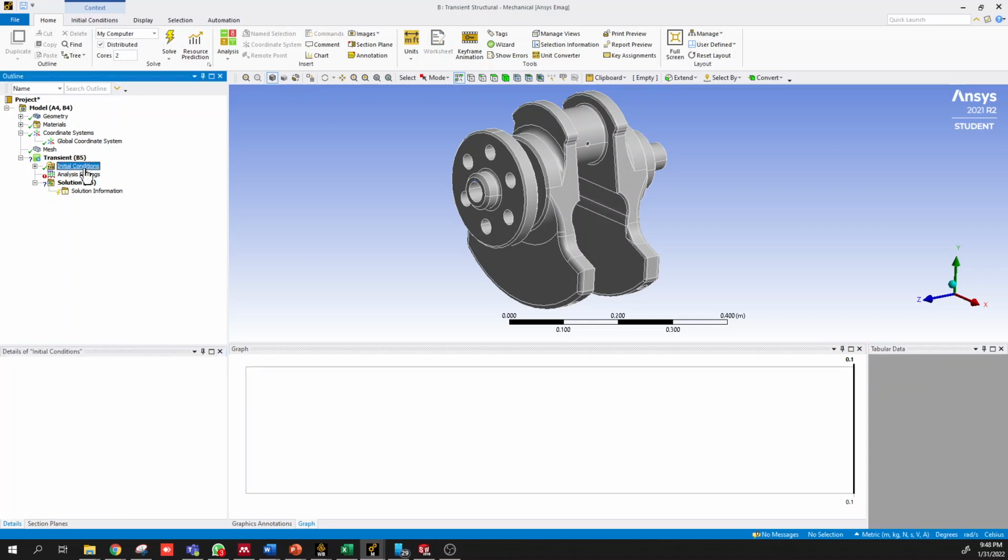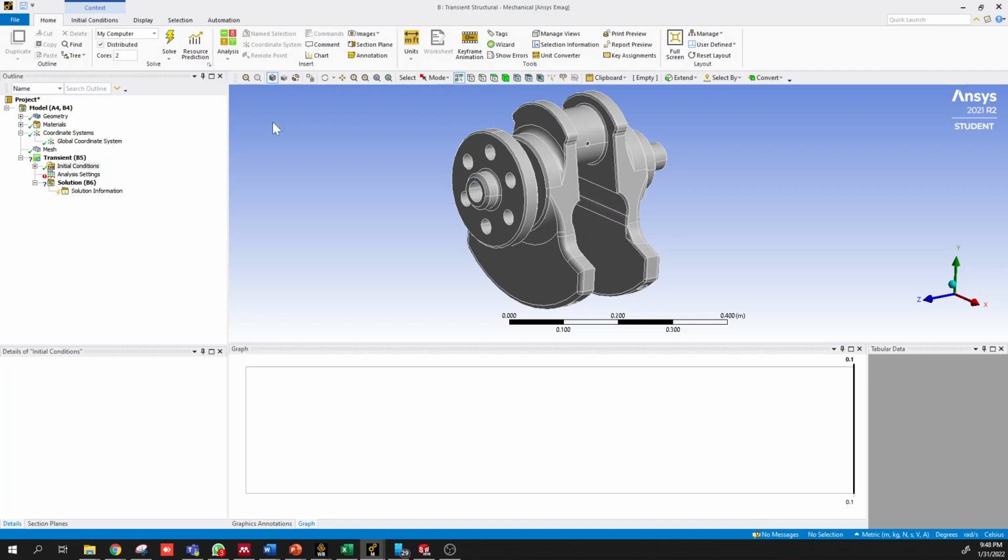Our initial conditions, we want to make sure that the crankshaft is either stationary at the beginning of the analysis, or we can perform some calculations to see what the initial condition is. What we really want to do is just extract one cycle and simulate one cycle from a rotating engine that has the combustion events occurring. So the initial conditions, we'll talk about that in a little bit, but what we want to do now is apply some